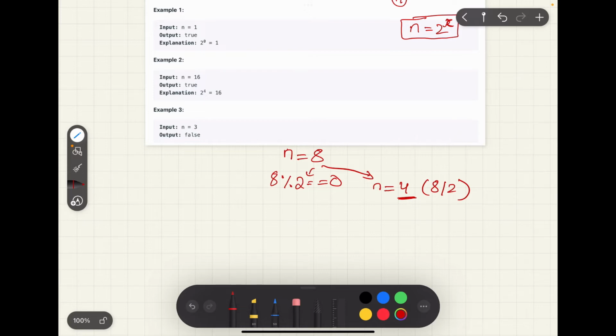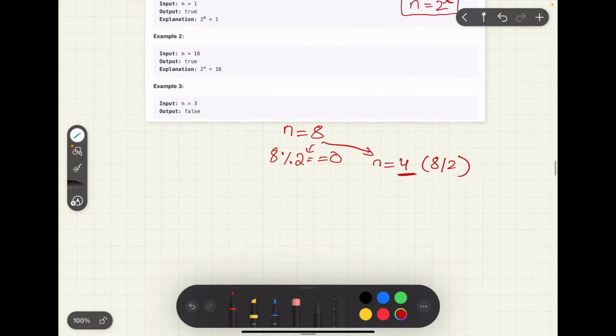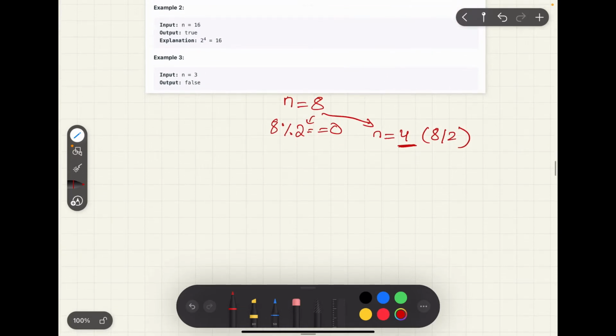And if this number is divisible by 2, and when I divide this number by 2, the remaining number should itself also be a power of 2. Right? So this seems that if I want to solve this problem for 8, I can solve this problem for 8 by 2, and I just need to check that my current number is also divisible by 2, and using these two checks,